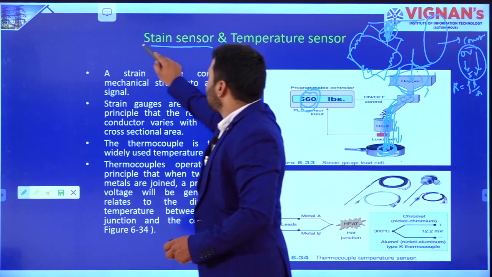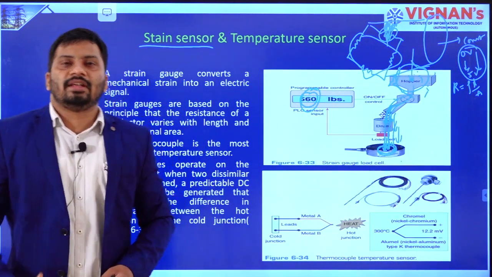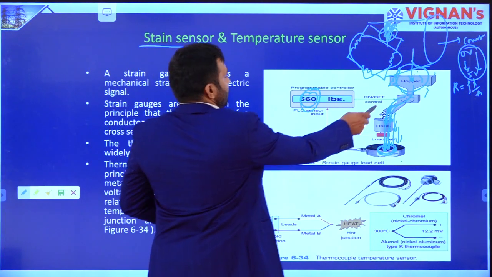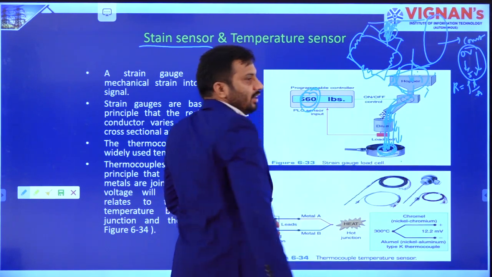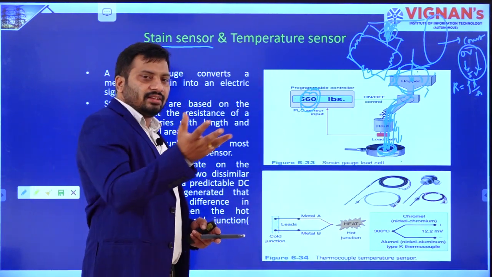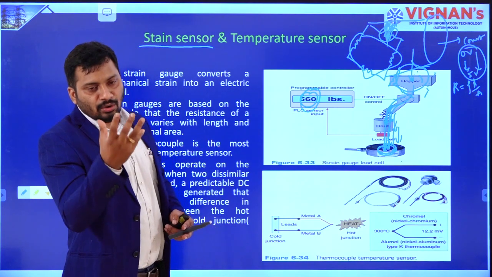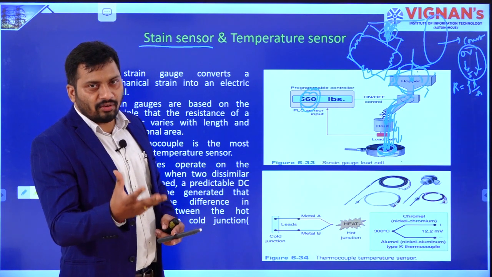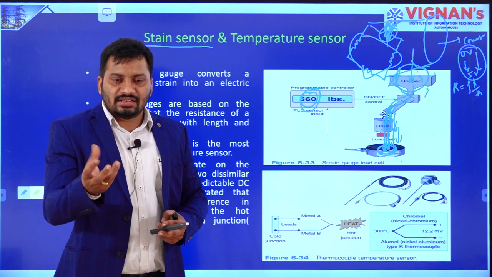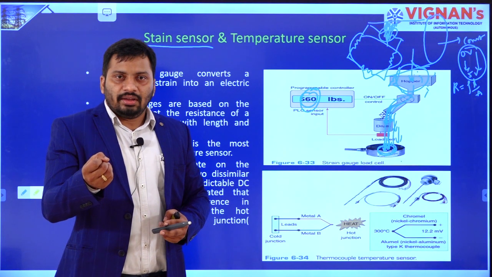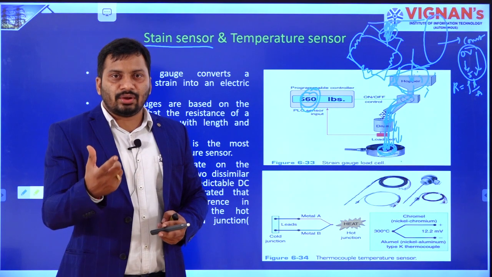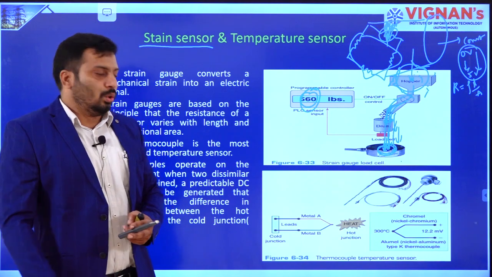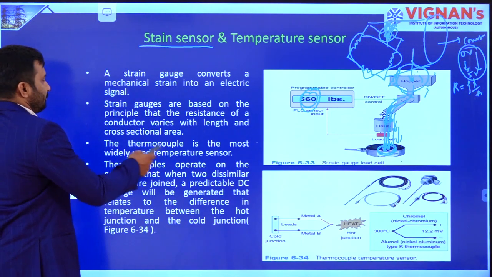this strain sensor is going to be used to measure the weight of material in industry. The weight of the material is measured like this, also in steel plants. The material is moving like this, and load cells are placed. In load cells we have a strain gauge, and the arrangement is like this. Internally you can measure the change in resistance in one arm. That change in resistance is created by the weight we place on that load cell. So that is also explained here.